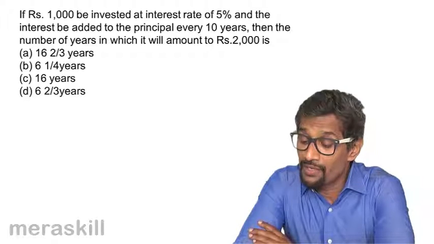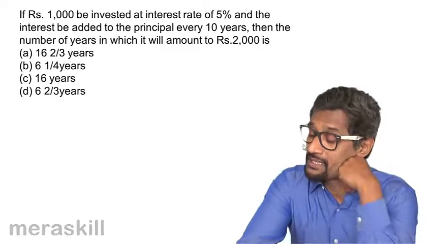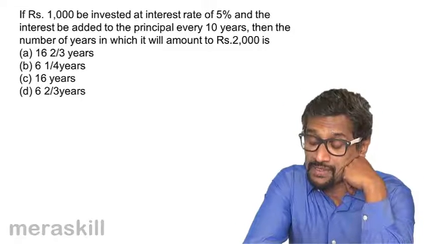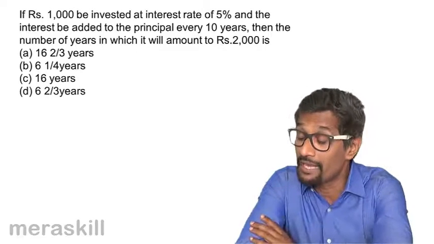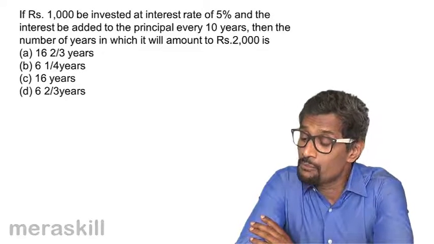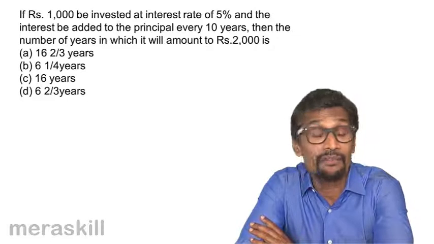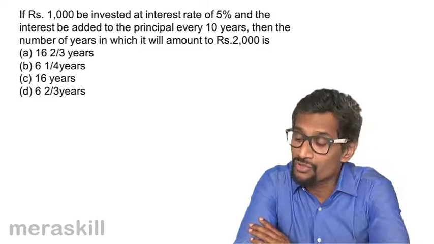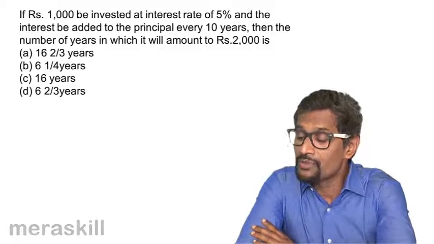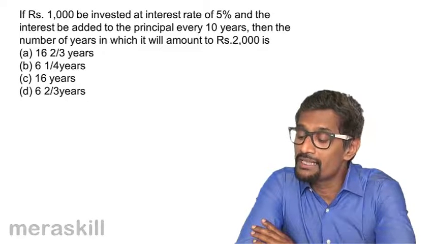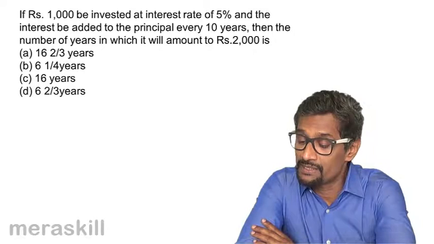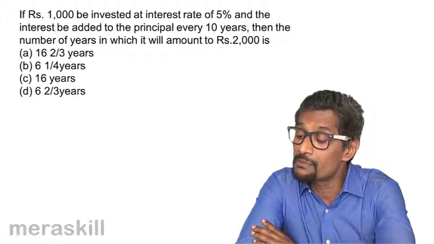Now what do we have here? Now if rupees 1000 be invested at interest rate of 5% and the interest be added to the principal every 10 years, then the number of years in which it will amount to rupees 2000 is so and so. Now here we have a slightly tricky situation. Now see, 1000 be invested at interest rate of 5% and the interest be added to the principal every 10